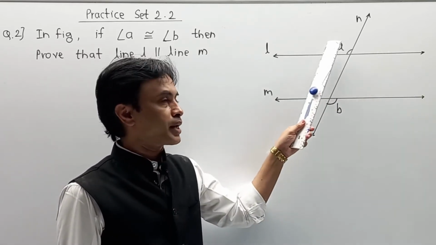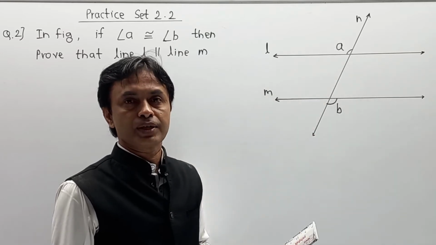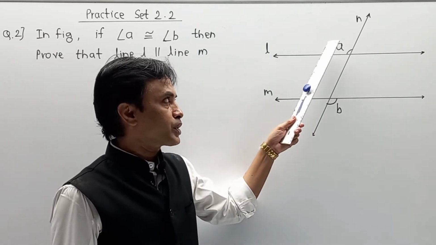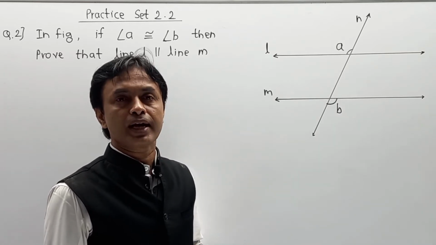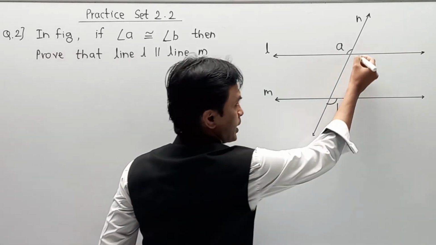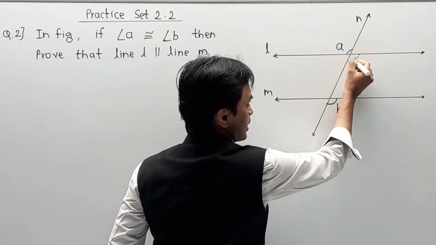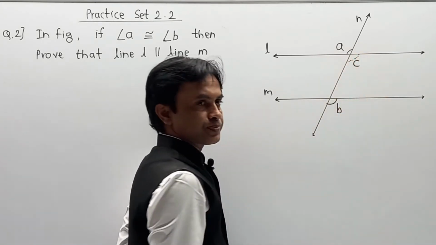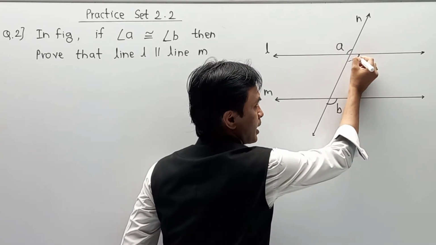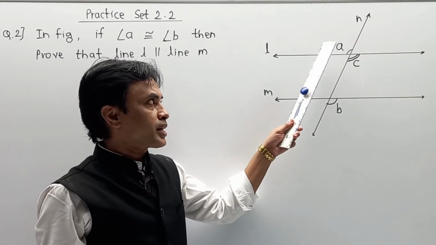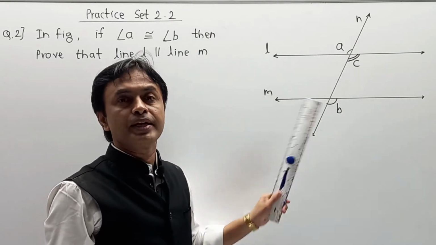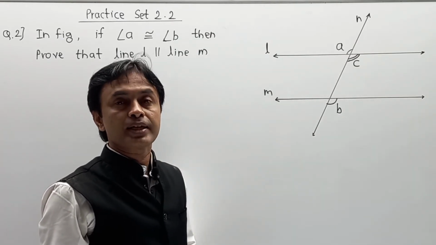Here we cannot create a direct correlation of A with B. For that, we know that angle A equals angle B, it is already given by them. We are going to take another angle over here, and I am going to name this angle as angle C. So this is a new angle I am going to take. Now first, they have given angle A equal to angle B. Second,